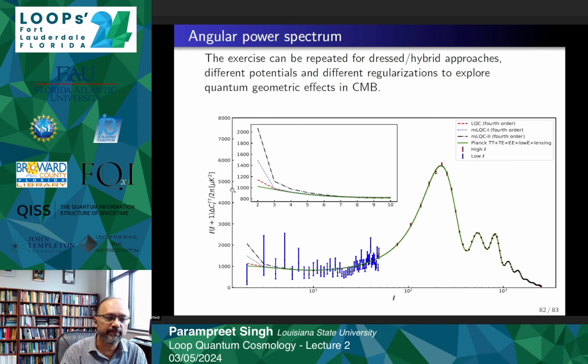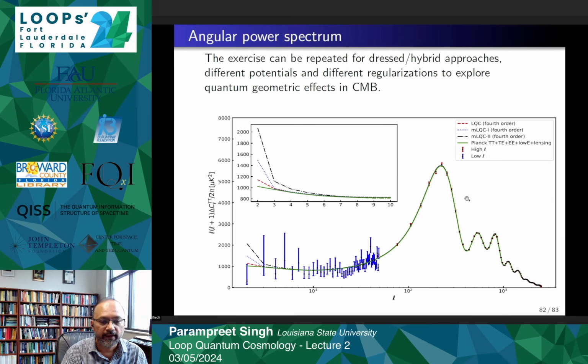So I'm plotting essentially the power versus the multipole moment here. The green curve is lambda CDM. The dots are the experimental data points along with the error bars here. And the red curve is loop quantum cosmology for fourth order adiabatic states. MLQC1, I think this is the hybrid approach, which allows then the fourth order adiabatic states, MLQC2, fourth order adiabatic